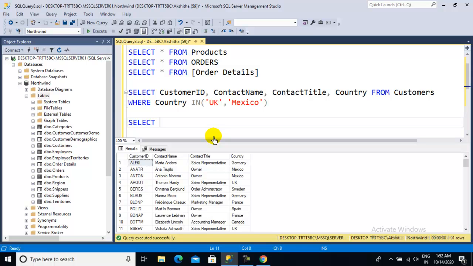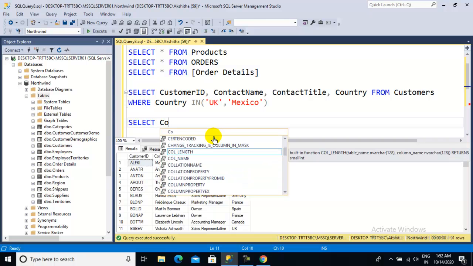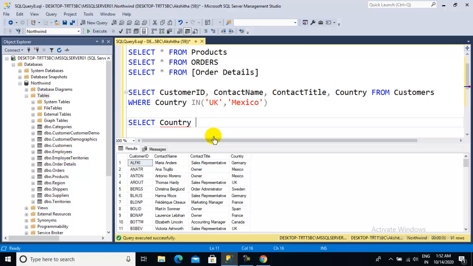You can go for select, what are the countries we have? We want to look at the country information, right? So only country I am taking from the customer table, right?